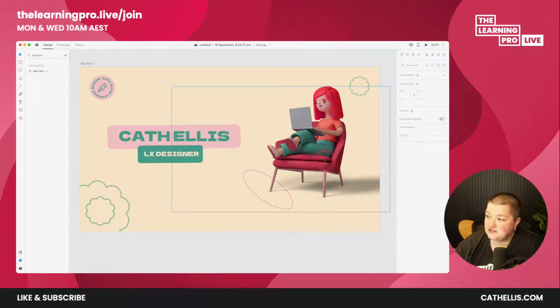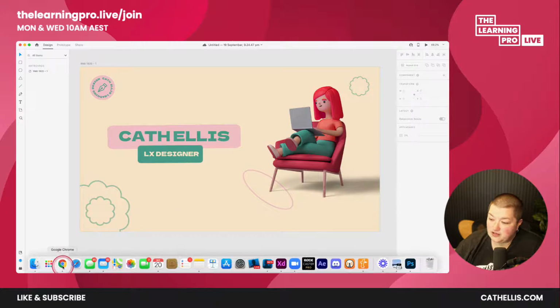I'll do a lot more tutorials like this, but this caught my eye. These kinds of characters I think are great, and when you're developing a portfolio, not everyone wants to have their face on the portfolio. I think it is quite important that people want to see you. But if, for example, with this suite of images,